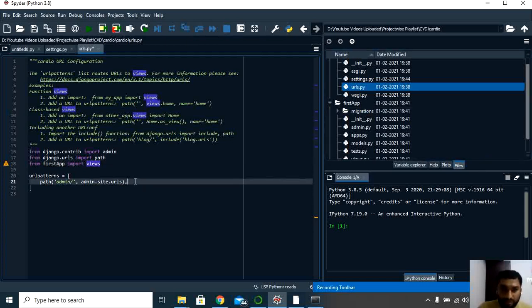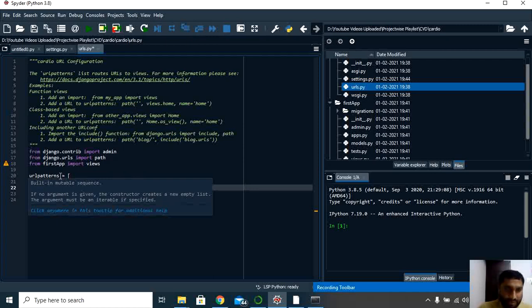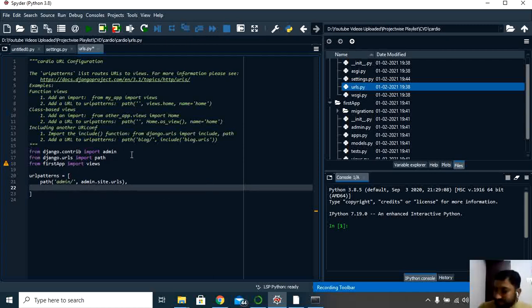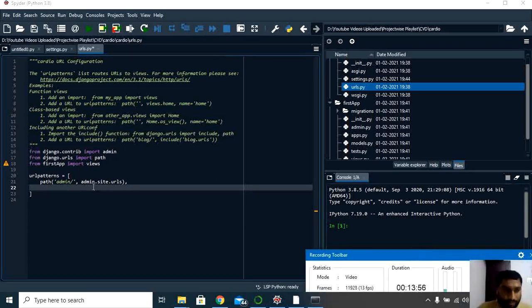Now let's try to create one URL, a default URL. Let's say you have an index.html, so you can fetch that index.html using this default URL. If you want to create a URL, go to urlpatterns here. Under urlpatterns, you can call the URL by using path.